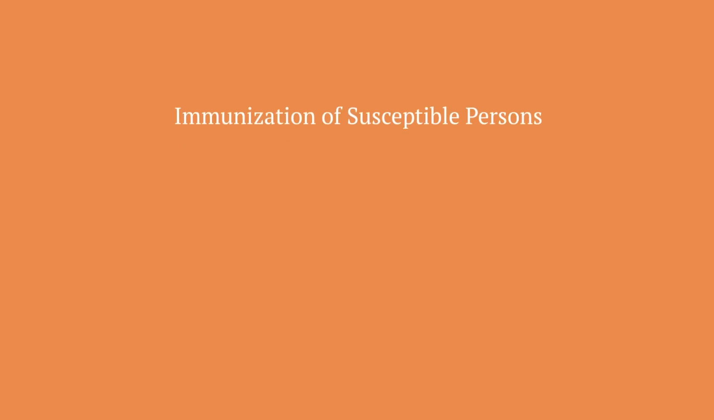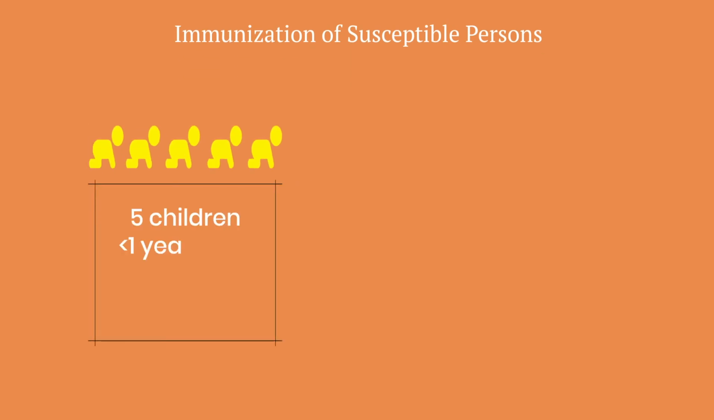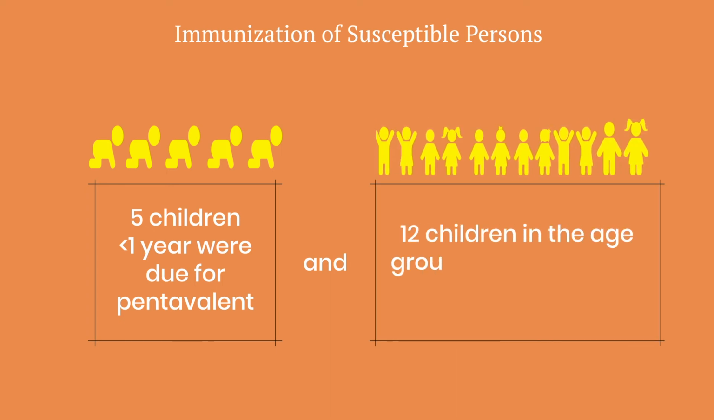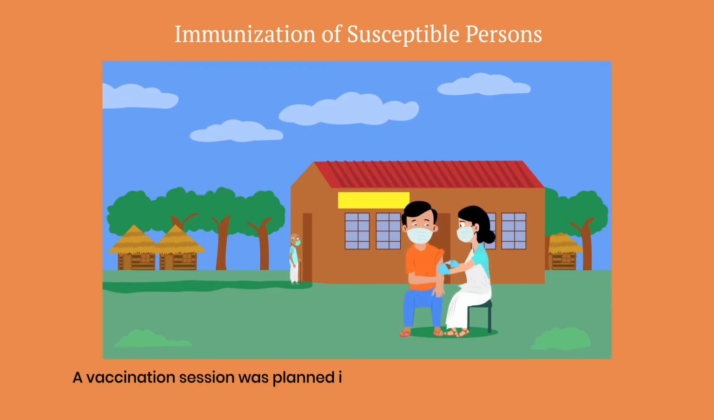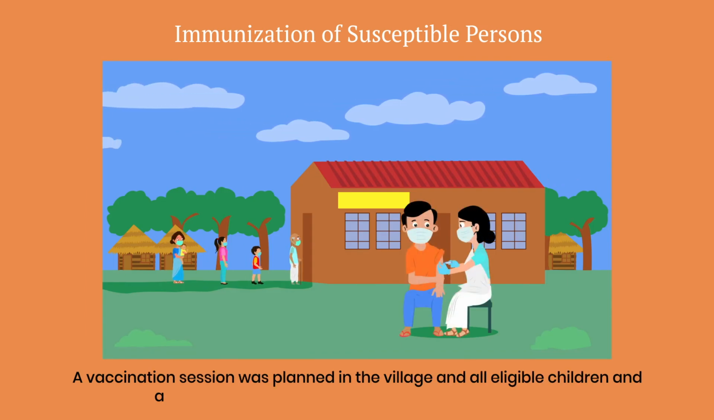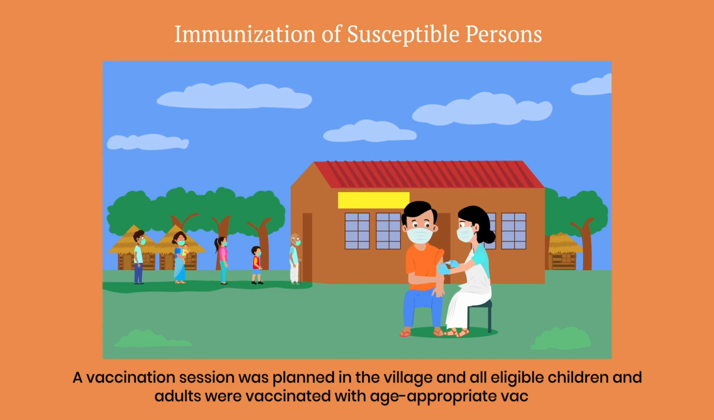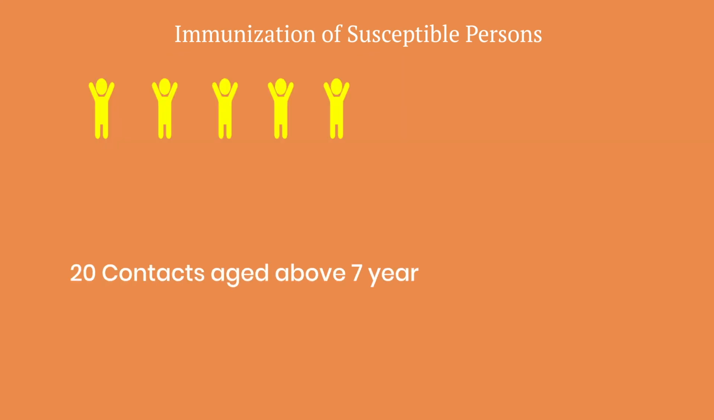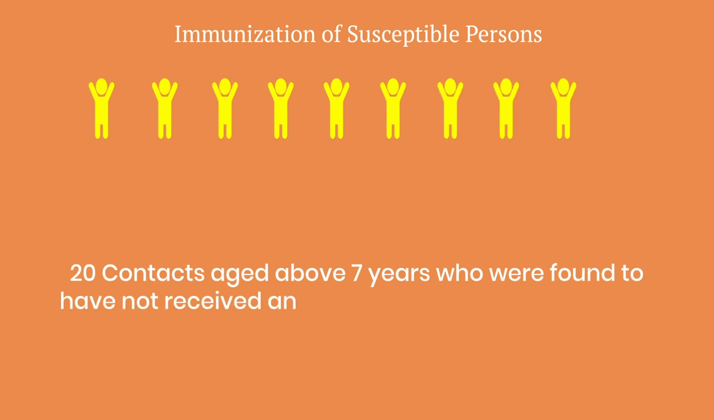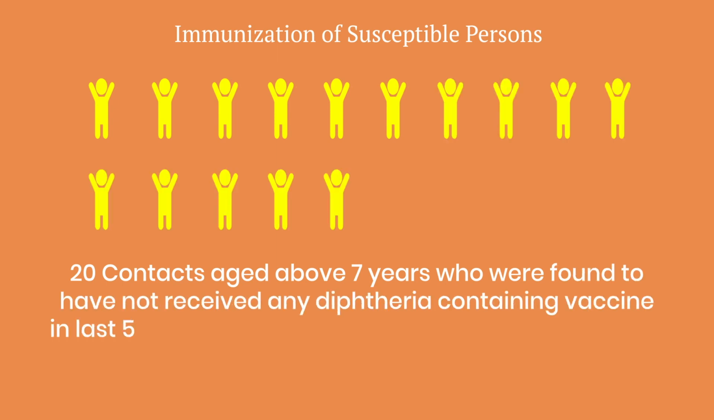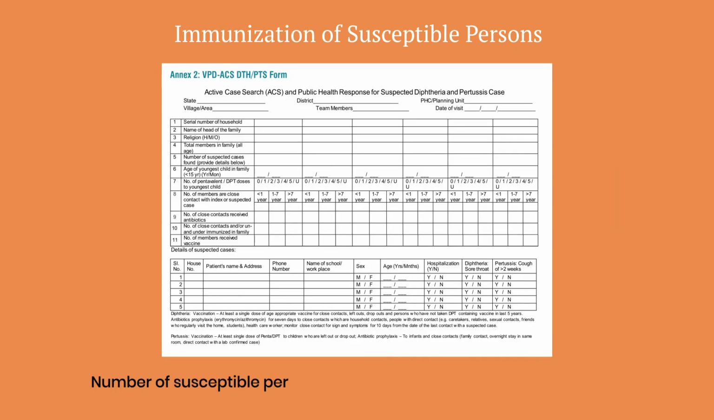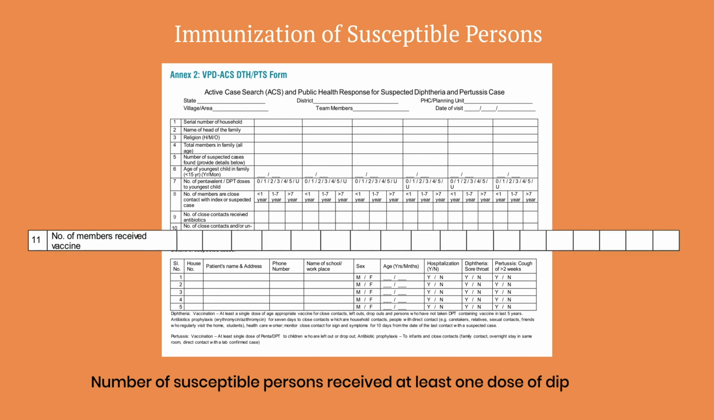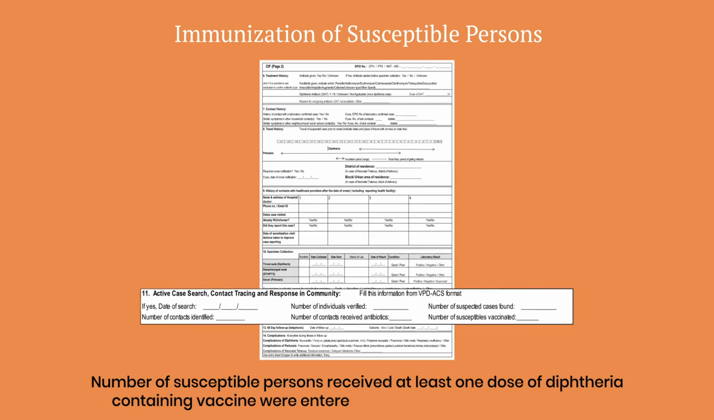Immunization of susceptible persons. During ACS, 5 children less than 1 year were found to be due for pentavalent and 12 children in the age group of 1 to 7 years were due for DPT vaccine. A vaccination session was planned in the village, and all eligible children and adults were vaccinated with the age-appropriate vaccine. 20 contacts above 7 years who had not received any diphtheria-containing vaccine in last 5 years were given TD vaccine at the session site. Number of susceptible persons receiving at least one dose of the diphtheria-containing vaccine were entered in the VPD ACS form